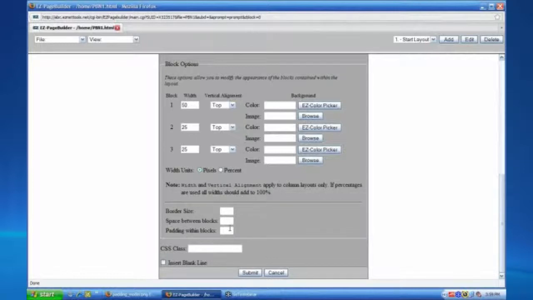So the very last things we're going to cover here for the Layout Manager is the CSS class section. And really this is for advanced users, but this allows advanced users to assign this layout to a CSS. And if you're not sure what CSS is, it stands for Cascading Style Sheets. And Cascading Style Sheets really doesn't even explain what it is, so sometimes the full name is even just as confusing. But really all this does is it allows you to use another file to control the